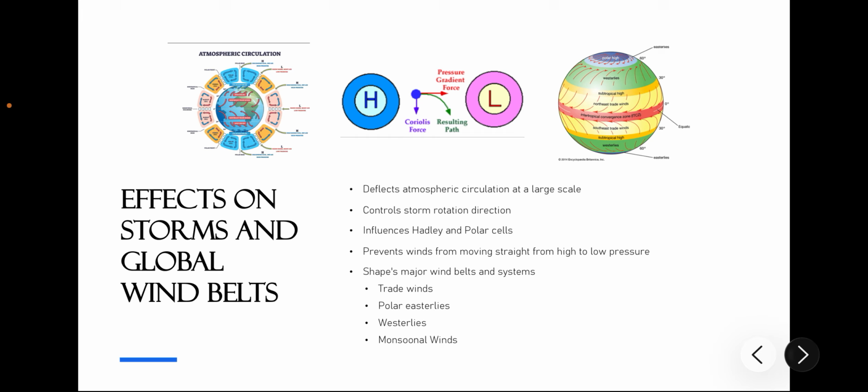It also happens to affect storm rotation. So in the northern hemisphere, air moving toward a low pressure center is deflected to the right, which causes hurricanes and cyclones to rotate counterclockwise. While in the southern hemisphere, air is deflected to the left, and this causes storms to rotate clockwise. And without the Coriolis effect, these winds would move directly from areas of high pressure to low pressure, and our atmosphere circulates